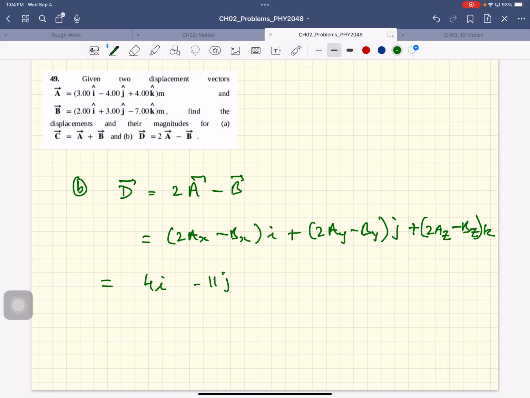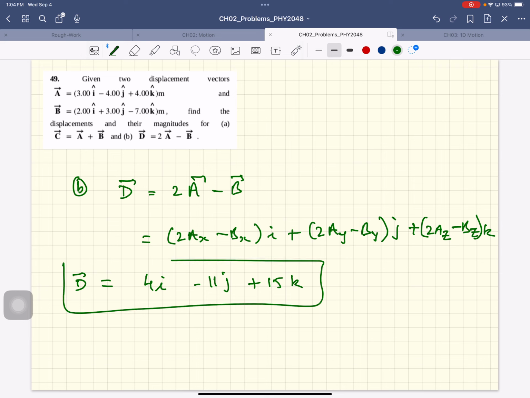And then that's 8 minus minus 7 is 15, so plus 15k. And what we'll do is find the magnitudes. So there's the vector D, and the magnitude of D is, of course,